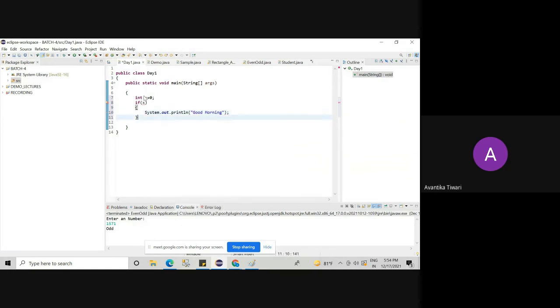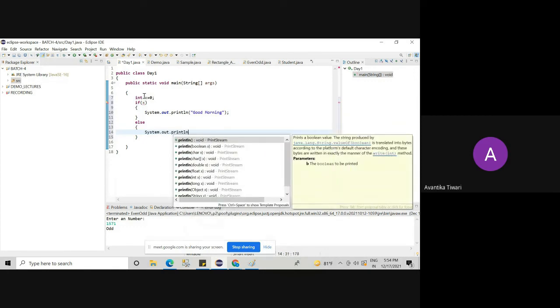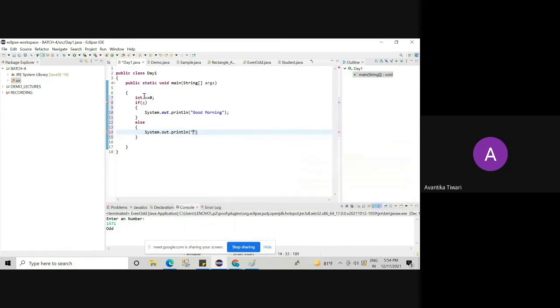Else, let's print one more message: System.out.println "Good evening".